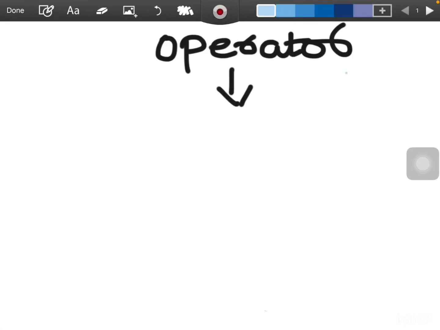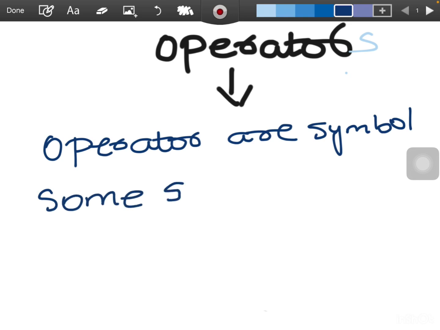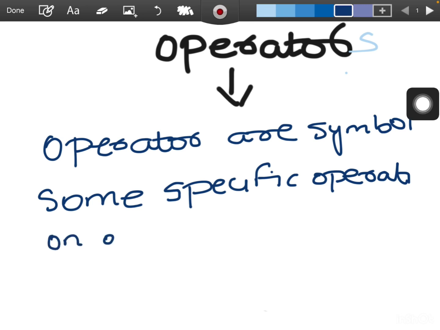In this lecture we are going to discuss operators. Operators are symbols which are used to perform specific operations on operands. For example, see here,